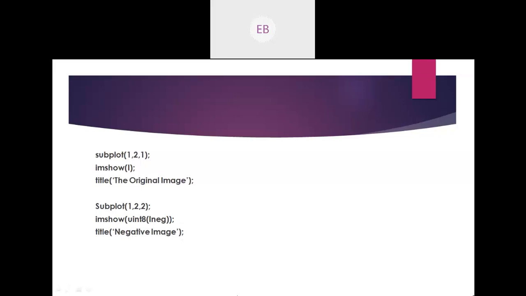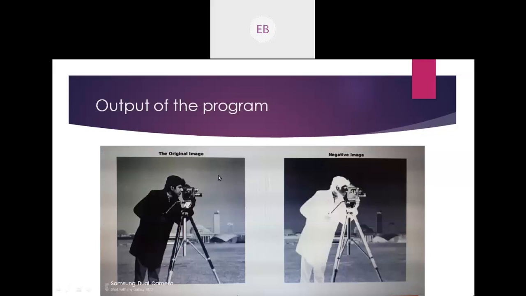Now when you run this program, you can see two images here. This is my original image which I had taken, cameraman.tif, and this is the output image, the negative image. When you see both images, the original image has darker pixels and the negative image has lighter pixels.